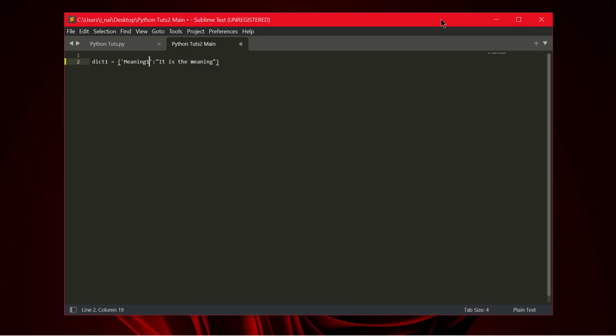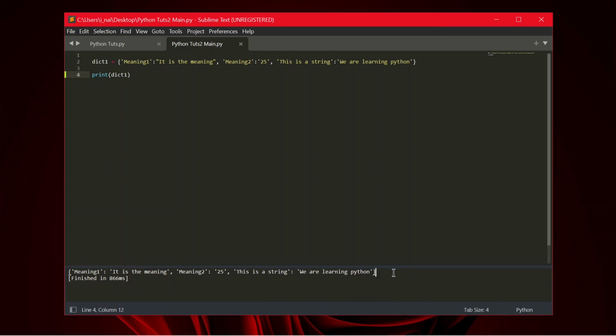Here I have made the first key, that is meaning 1, and then I have put a colon, and then I have put the meaning of it in the second quotes. Always put it in quotes like this, but for numbers you do not need quotes. So this is how you make a dictionary. Now let us add some more elements. Let us say meaning 2 will become, let's say 25, just for an example. Then let's say this is a string. Then we can define it, and now let me print dict1.